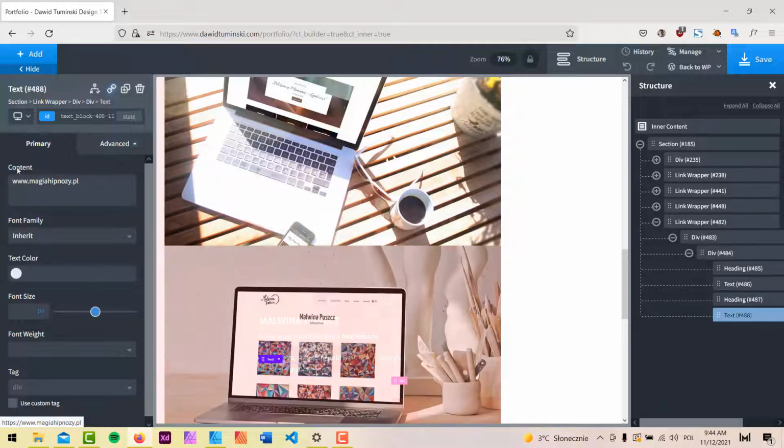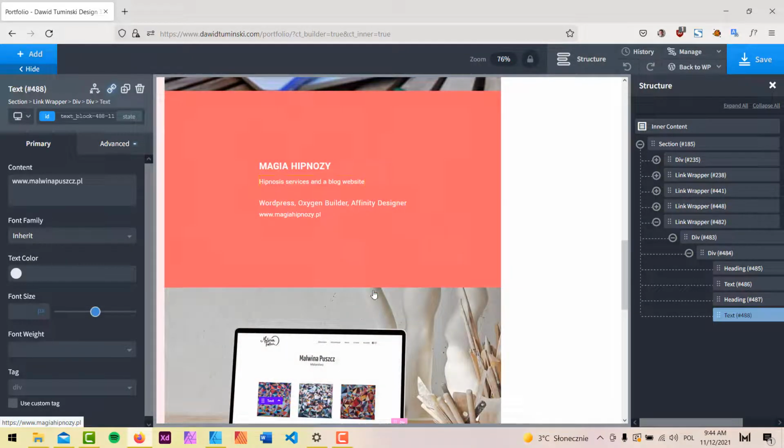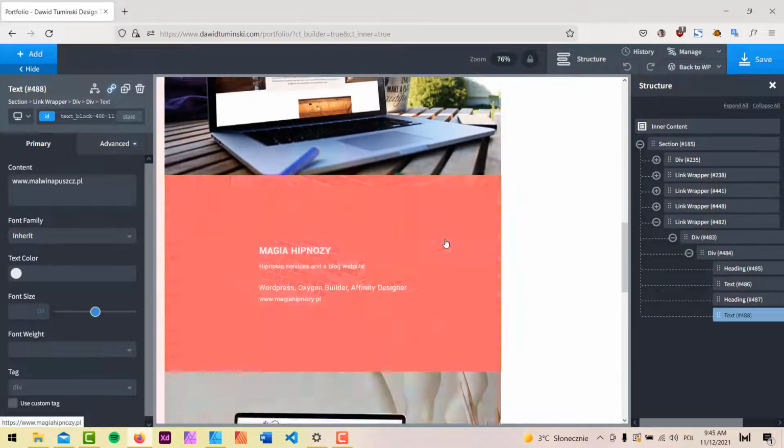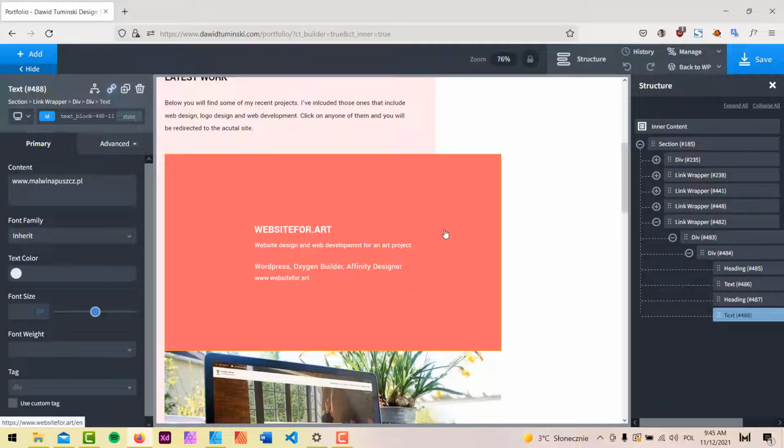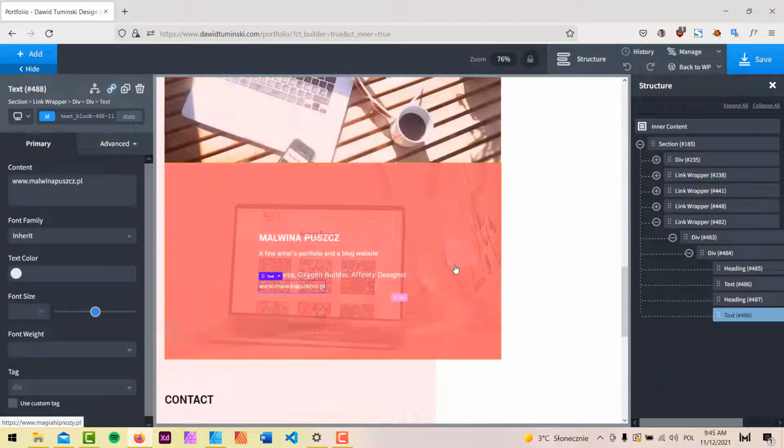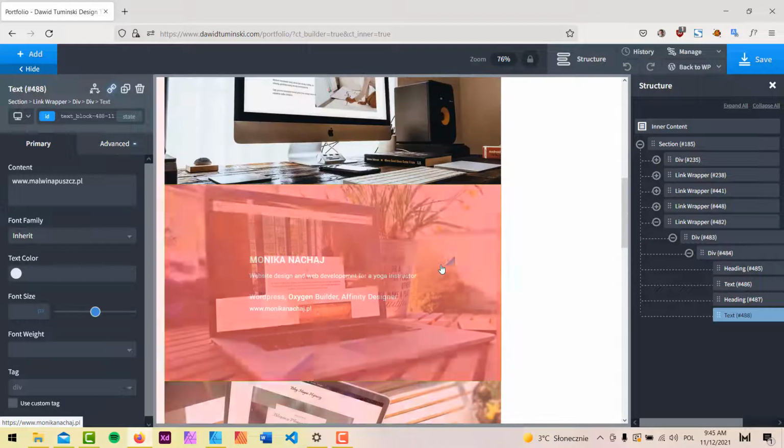I believe that's correct. And I'm going to type in the URL. So it's going to be like that. And I'm just going to save this guy. Now I've already prepared these stock images. I did it in Affinity Photo. So basically all I would need to do is to just duplicate this scenario, and basically this would be like